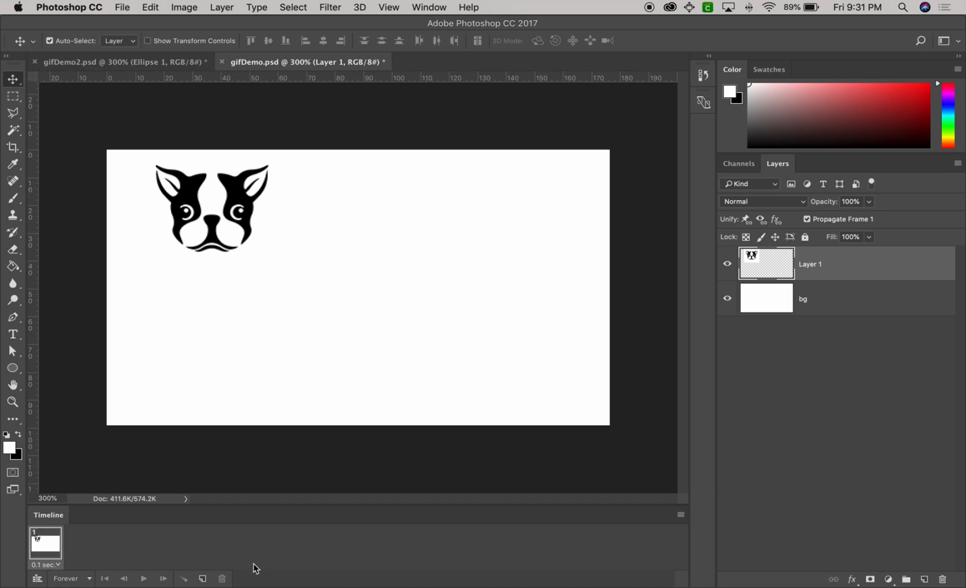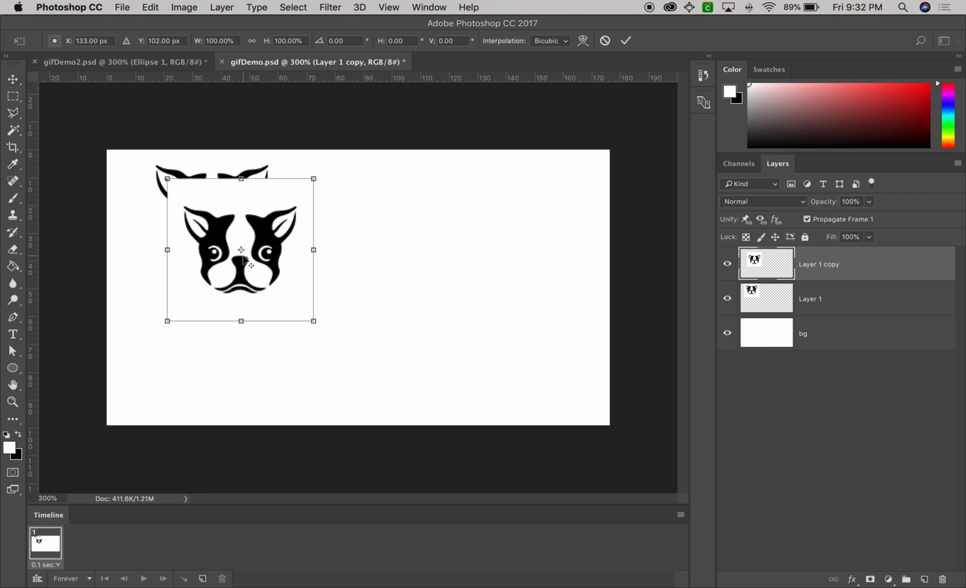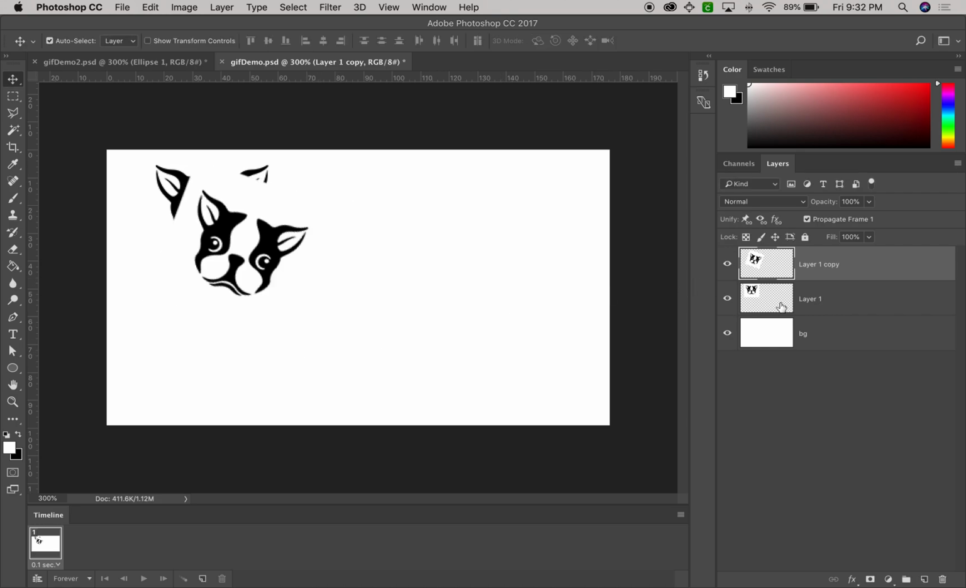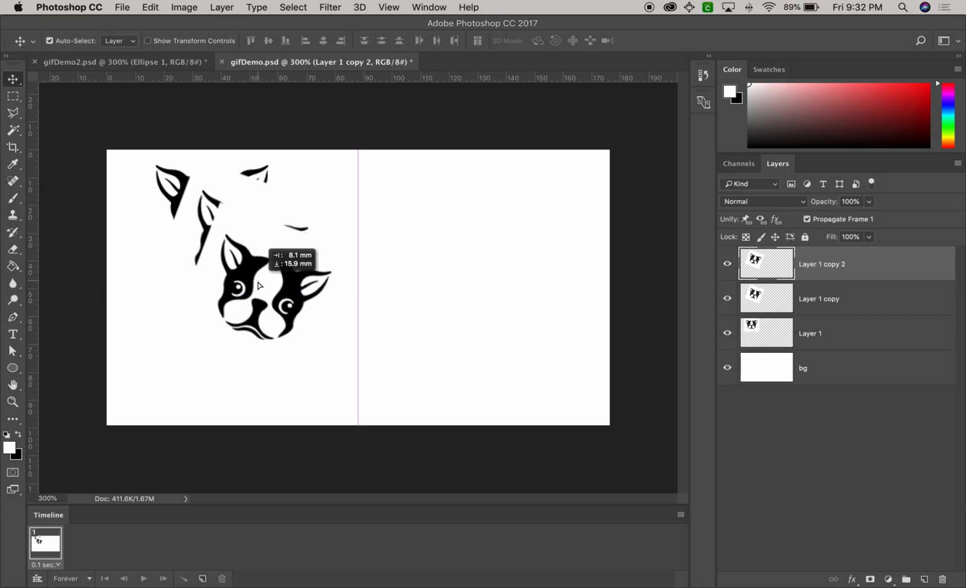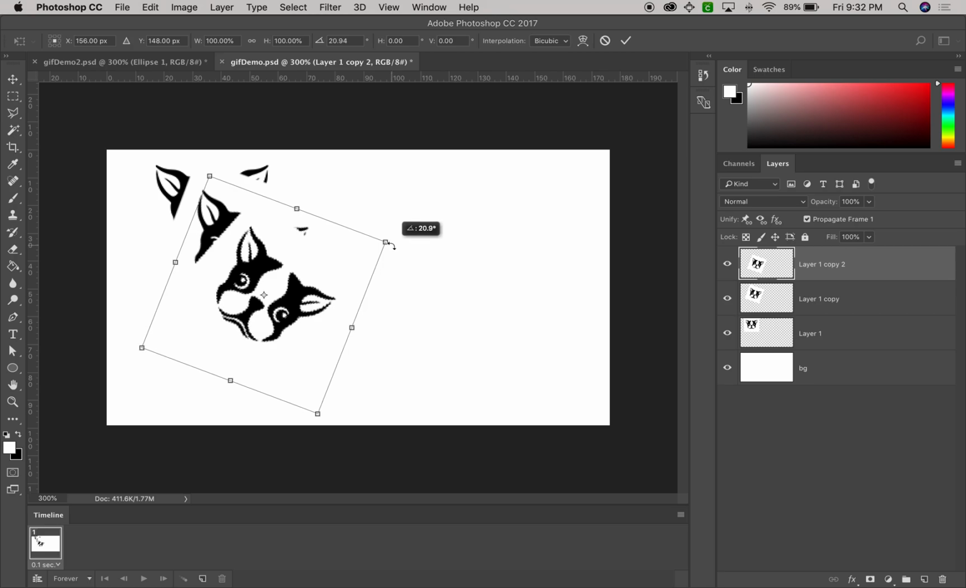You are going to move it, but you're going to do it after you've made a copy of it. So I'm going to make a copy, and then I'm going to move it, and then I'm going to Command T or Control T, and I'm going to rotate it a little bit. So I'm just going to rotate it like 20 degrees, hit Enter, Command J to duplicate the layer, move it again, Command T again, rotate it again 20 degrees, hit Enter,